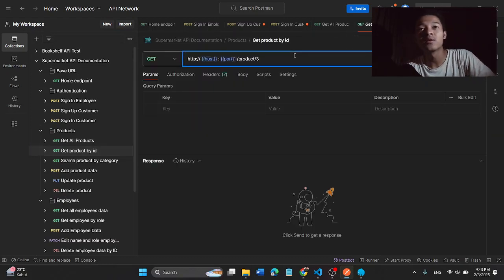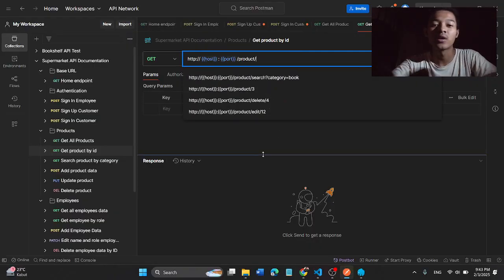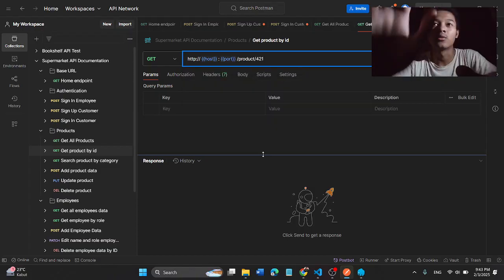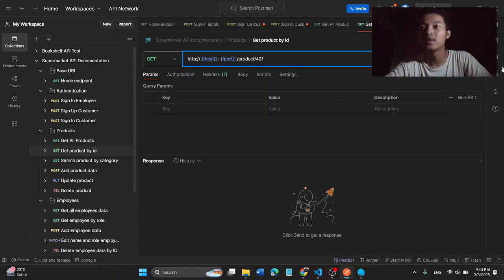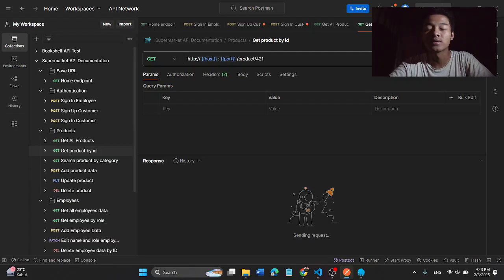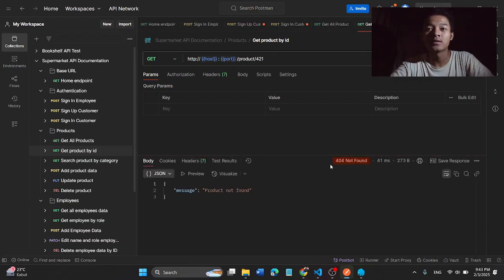For example, we will search product by ID where the ID doesn't exist. What will happen? Yeah, this one is a random ID, and we send the request, and the response status is 404, which is not found.